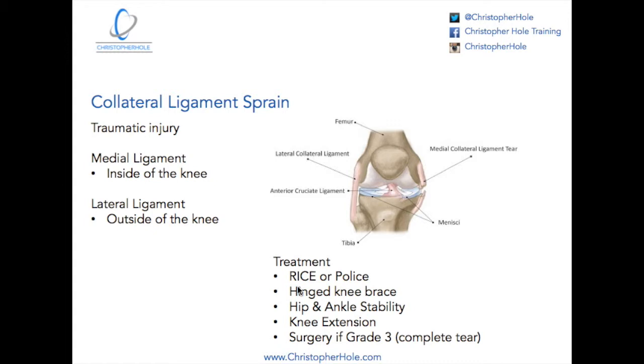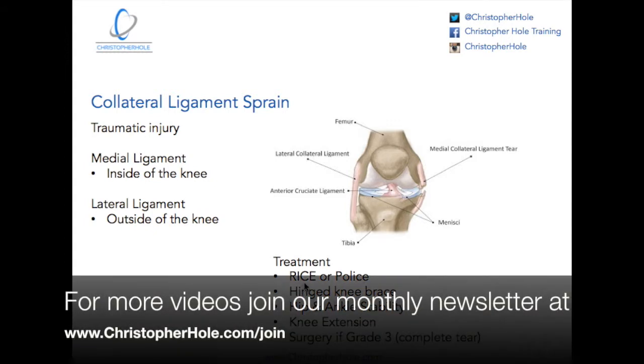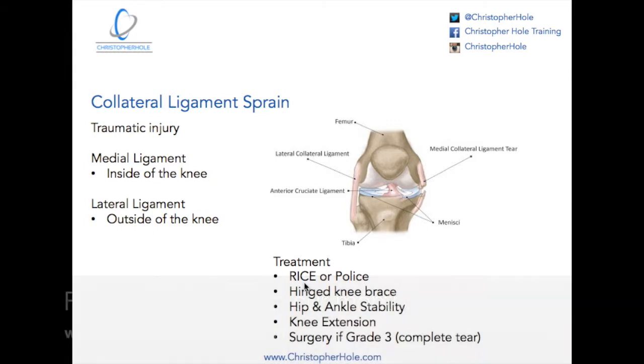But there would certainly be RICE in the initial stages, not so much POLICE, but in certain cases there may be POLICE. What we would then have is a hinged knee brace. And then once the surgery has happened, the ligaments have been repaired or put back together, if it was a full tear, that is, then you would obviously have a